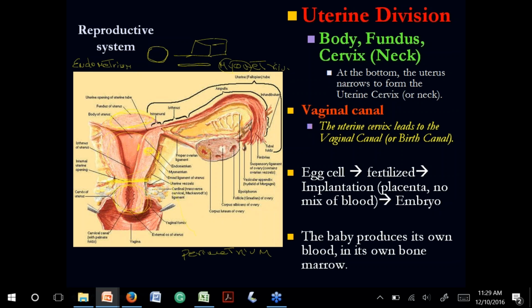So what is sloughed off every 28 days, every month, is the endometrium. The endometrium is going to come out, bleeding about 80 cc per cycle, and it is going to be replaced again by new endometrium. So every cycle this happens, about 525 times in your lifespan, as we mentioned.